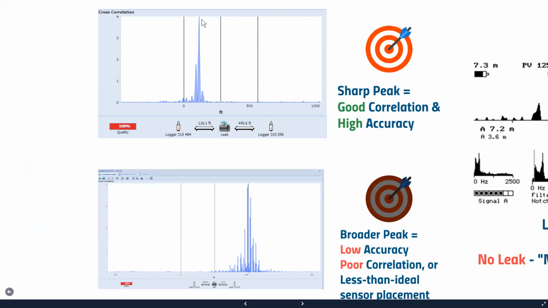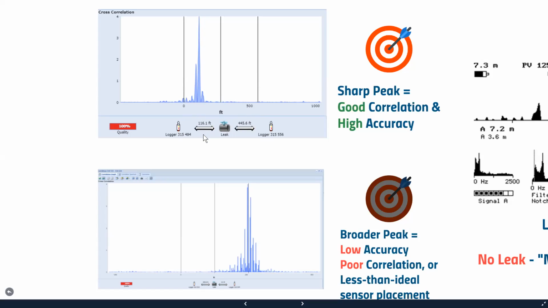The blue peak indicates the intensity of the leak emanating from the length of pipe. The x-axis along the bottom is the length of pipe. Of your two vertical black lines, you have one at 0 feet here and the other one past 500 feet here. Those represent the positions of your two loggers. And then the peak in between those two logger positions on the pipe indicates the source of the common sound